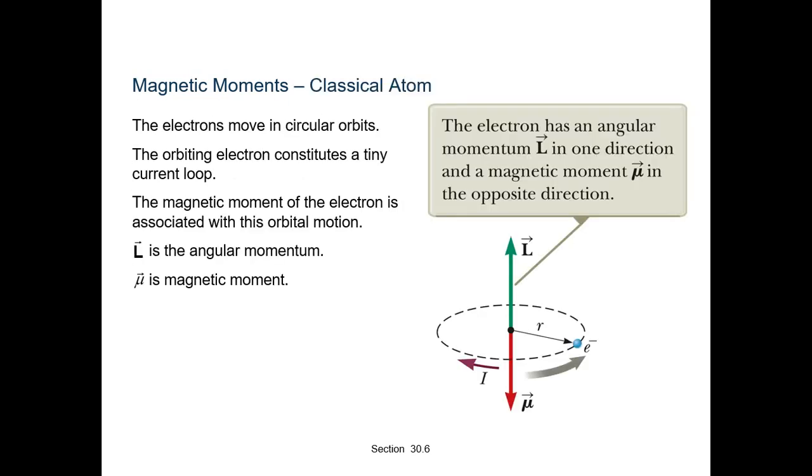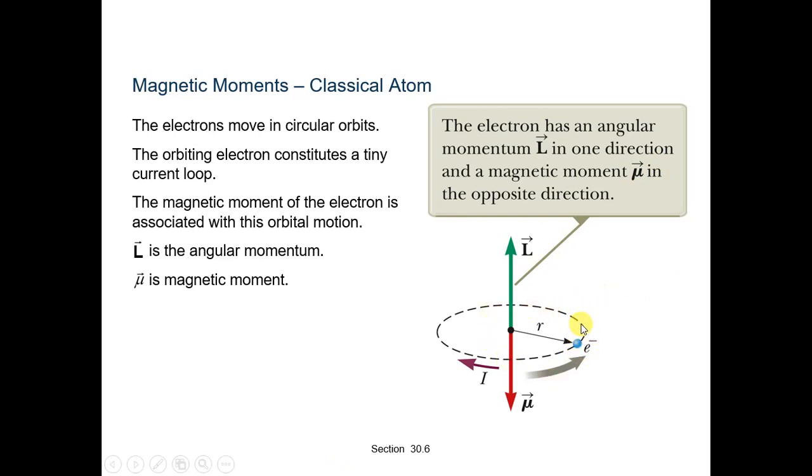Now we are discussing the magnetic moment. In general, any current loop has a magnetic field and thus has a magnetic dipole moment. These include atomic level current loops described in some models of the atom. This will help explain why some materials exhibit strong magnetic properties. See here the magnetic moment in a classical atom. The electron moves in a circular orbit.